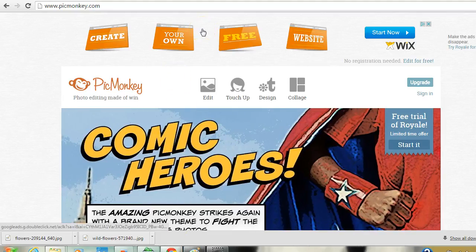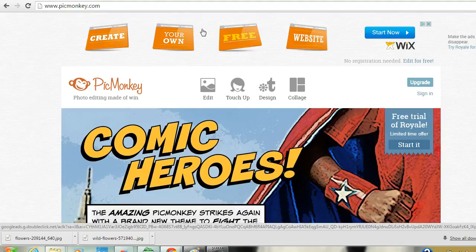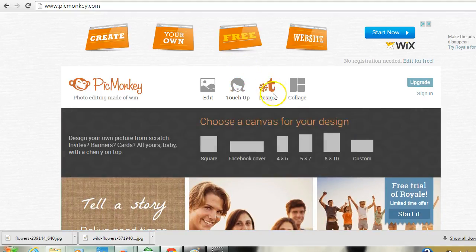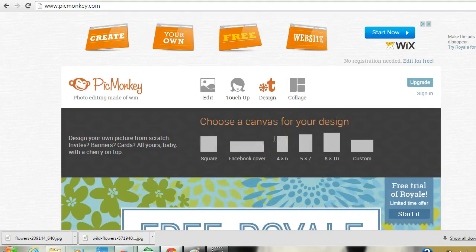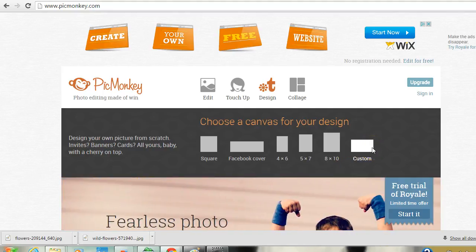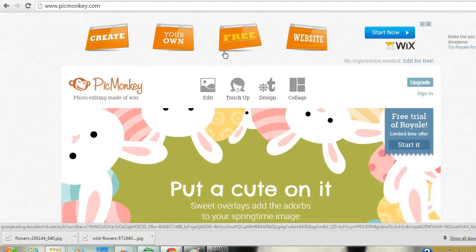Now there are two ways that I normally use Picmonkey. Either I start with a blank canvas, in which case I would go to design and then I would choose the canvas for my design. As you can see, there are a few already set up, but you can create a custom design. But for the purpose of this demonstration, I'm going to be showing you a design using one of my own